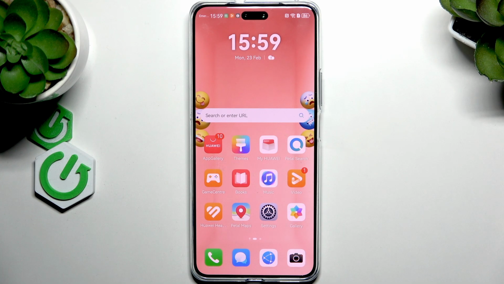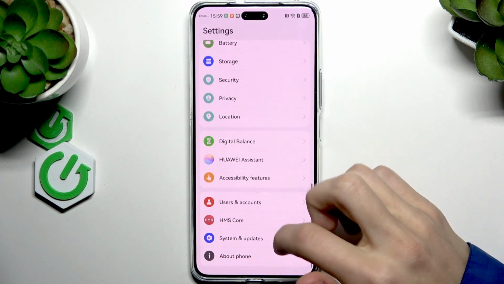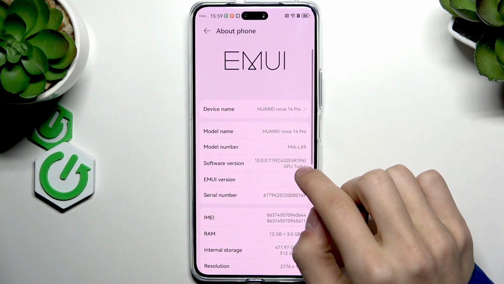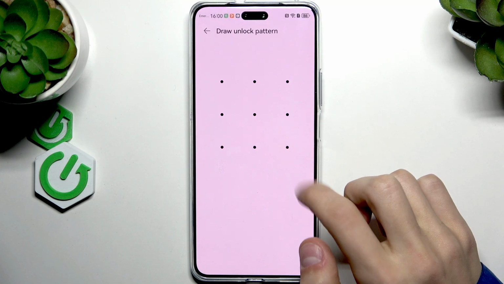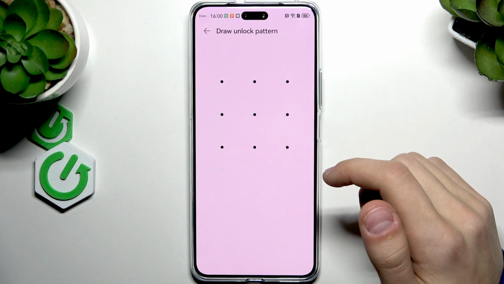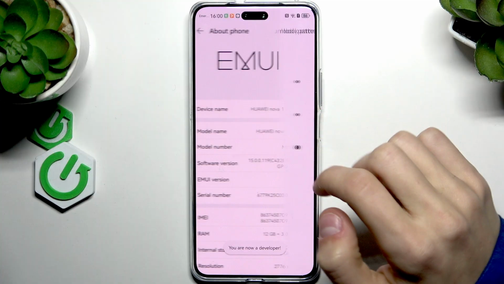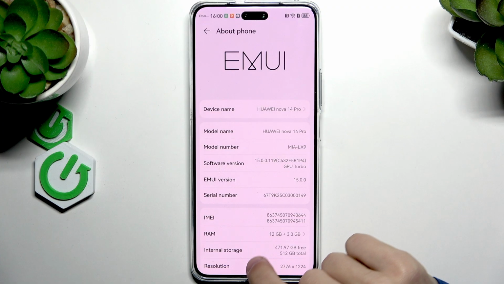So developer options allow you to change some of the phone's options that are usually hidden, and to access those options, the first thing that we're going to do is open up the settings app, then scroll all the way down to About Phone, tap on that, then we're going to find software version, and just tap on that until this menu pops up where you have to enter your PIN or your unlock pattern. So just draw that, and you're going to have developer mode enabled because it says you're now a developer on